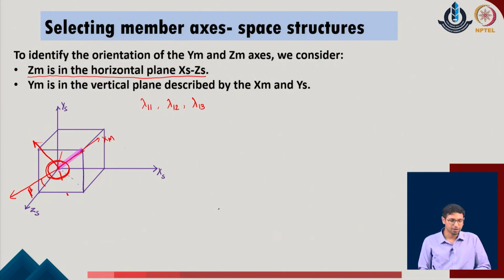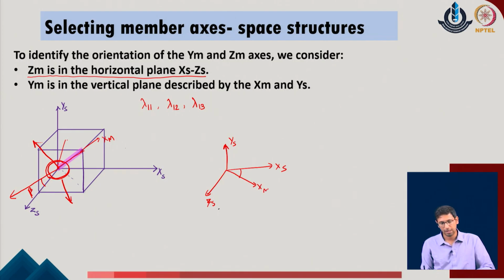So, this angle beta which we are describing is the angle which is made in the xz plane of the given system for the structural system. You can consider that if this is the y axis which is the normal and this is the x and z which is in the given plane, I am just trying to make a rotation with respect to the given system, so that the in plane axis rotates. So, somewhere like this, if this is the x of s and this is the z of s in the given system, and this happens to be the y of s axis. So, about the axis y, we are trying to make a rotation in the system such that the given x axis moves to this position. So, this becomes our x of m for the given problem.